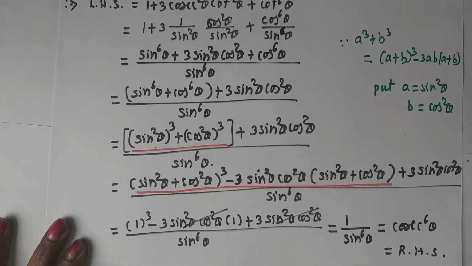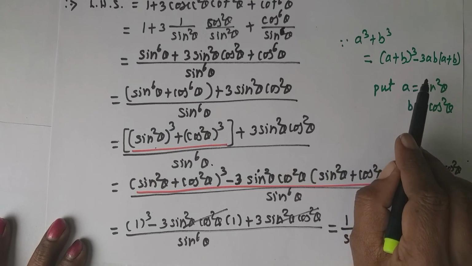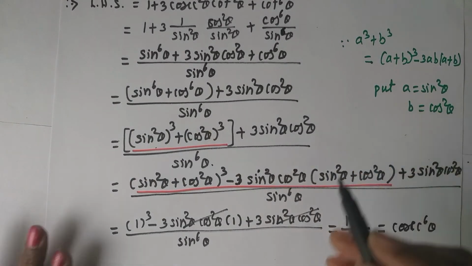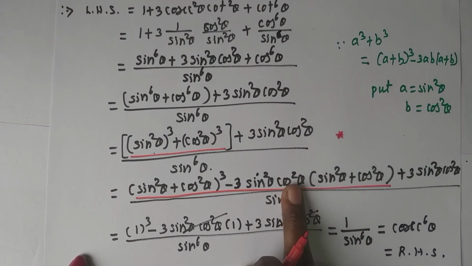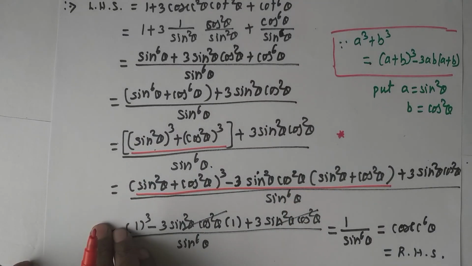In this way, if you know one of the formulae we have learned in your previous class, then it is very easy. You remember this step. This step is important. If this step is remembered by you, then it is very easy to solve this problem. Okay, let's see the last problem.